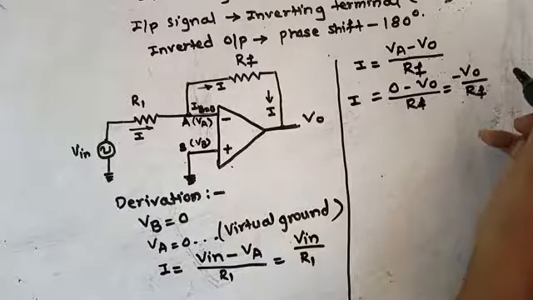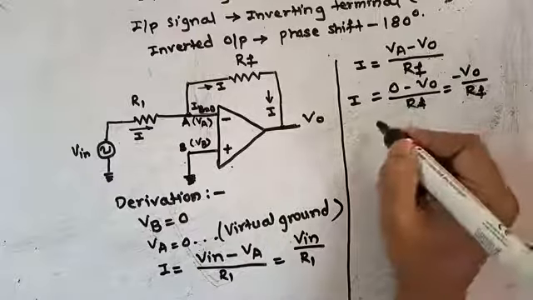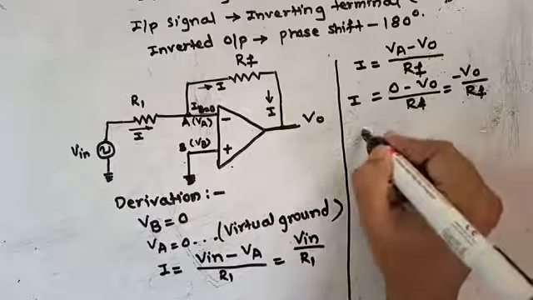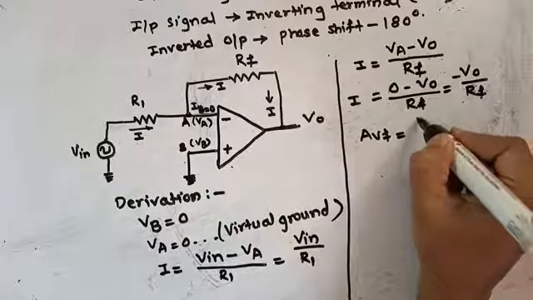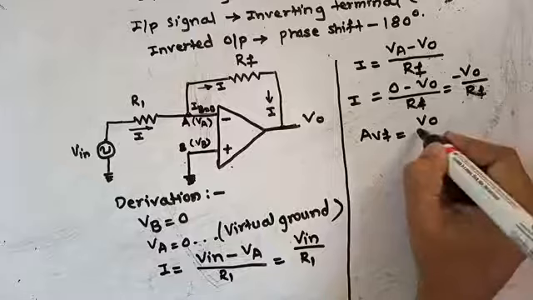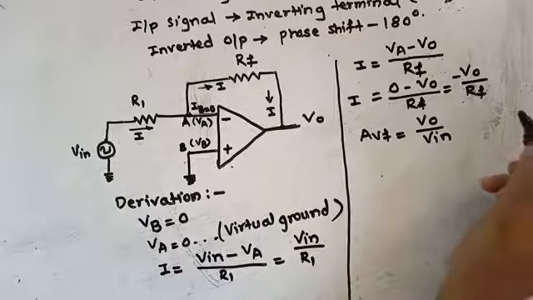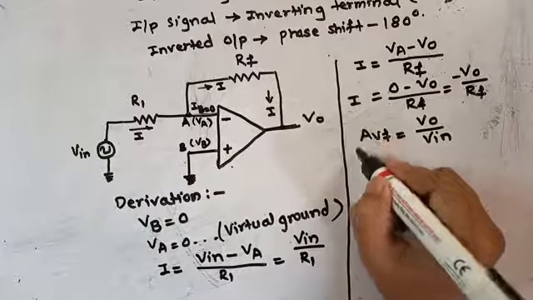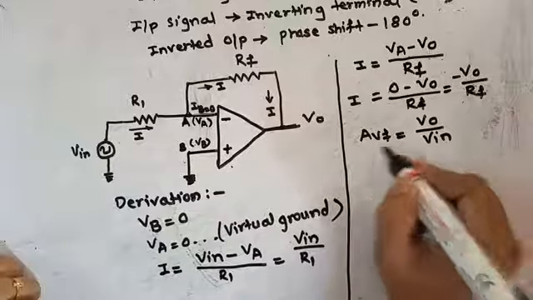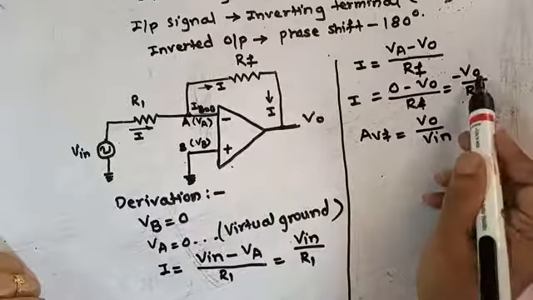Now we know the formula for the gain. Gain is equal to output voltage divided by input voltage. This is the gain for the amplifier, that is a closed loop amplifier. So you can put V0 is equal to